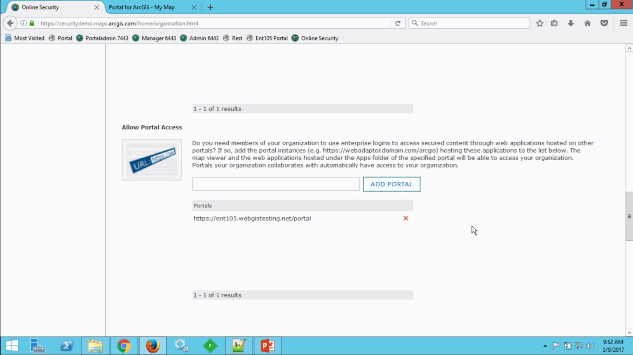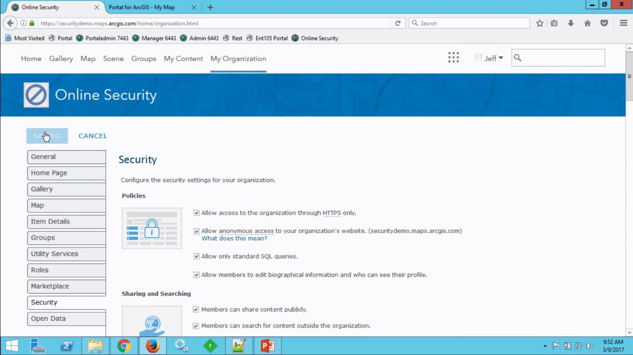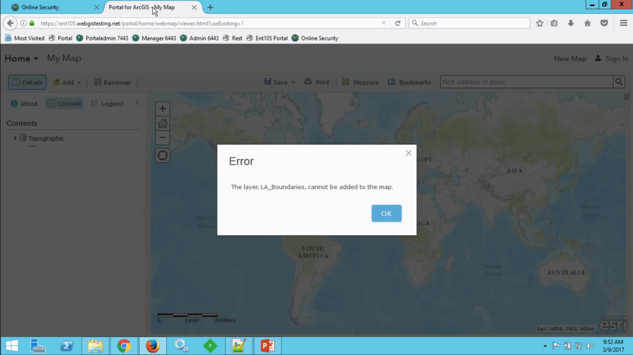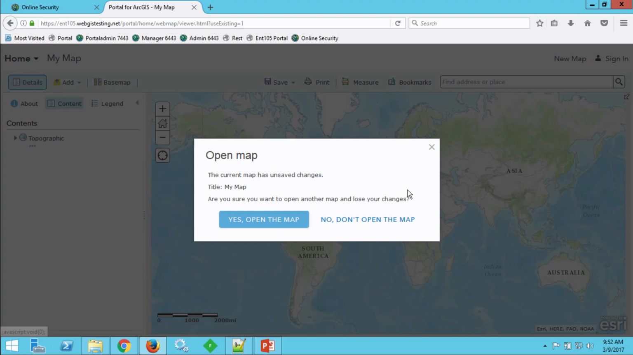So I put in the URL for the portal. This only works for 10.5 and higher down the road. This does not work for a portal 10.4.1 or earlier. So go up and save this. And now if I create a new map here,